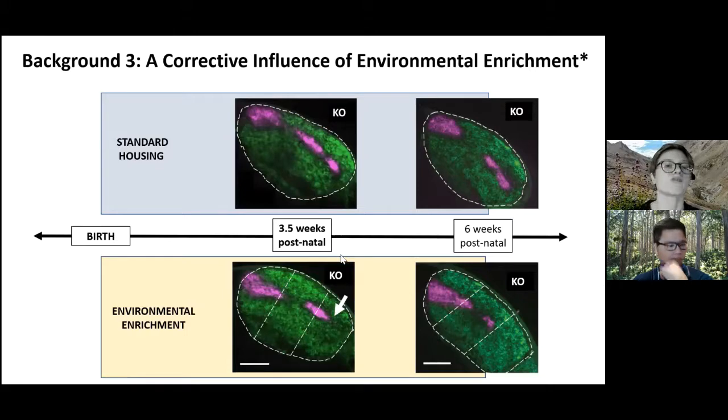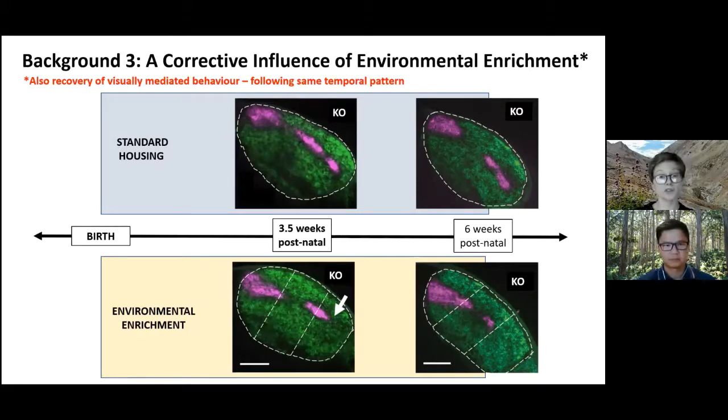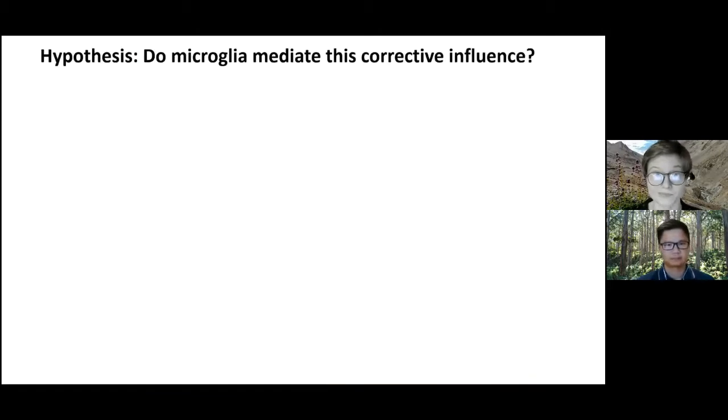Some active process must be in place to remove these projections. And we also saw with this retraction an improvement in visually mediated behavior, which is usually impaired in these mice, indicative that this is not just an anatomical change, but it's also functionally relevant for the mouse and their capacity to see the world. So what I first hypothesized was whether microglia, an immune cell of the brain, mediated this